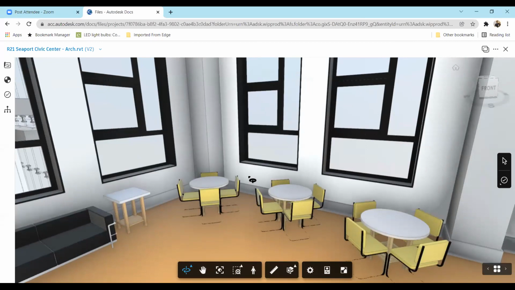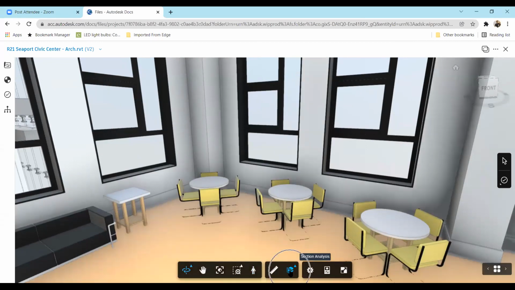So how do I do that? For that, I would probably require some sectional analysis. That sectional analysis is possible from here. So I can cut an X section, Y section, as well as a Z section, or I can also cut a section box. So the people who are reviewing and just making markups need not use emails anymore. They can just use this space to actually look at the model and then also do some markup.